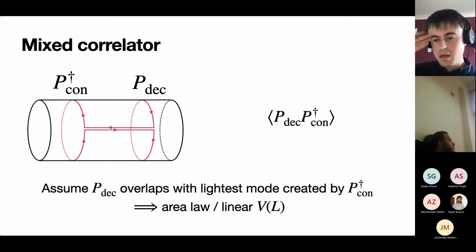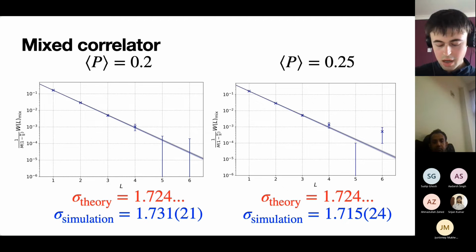And we would say that we assume that this deconfined operator overlaps with the lightest mode created by this p-dagger con, in which case we would conclude that the potential is linear, and so this is what we find at both values of P that we looked at before,